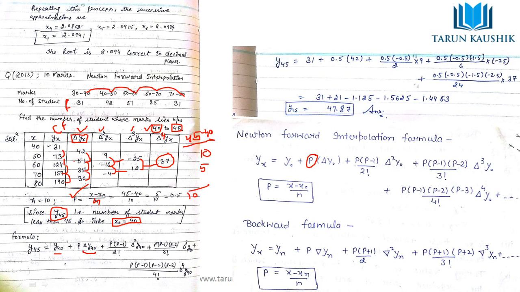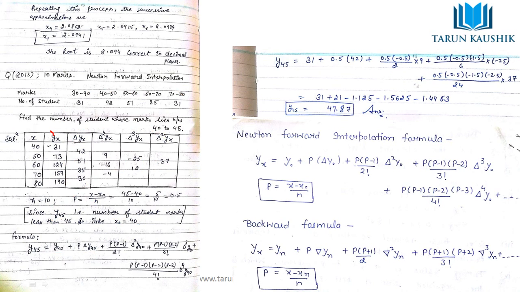Again you take the difference here, like in the same way. पहले हमने y of x लिया, अगेन में हमने डेल लिया, उससे अगले में डेल स्क्वायर, उससे अगले डेल क्यूब, उससे अगले में हमने लिया डेल की पावर 4. सो इसी फॉर्म में इसको ऐसे लिख दो, y, डेल y, डेल स्क्वायर y, डेल क्यूब y, डेल h टू पावर 4. पहले में कुछ भी नहीं, नेक्स्ट में p, अगले में p इंटू पी माइनस 1, उससे अगले में एक और घटा दो, उससे अगले में एक और सब्सट्रैक्ट कर दो. After that, if you have taken power 1, then divided by 1 factorial. Here you have taken 2 factors, then divided by 2 factorial. Here 3 factors, 3 factorial. Here 4 factorial. So this is the same formula.